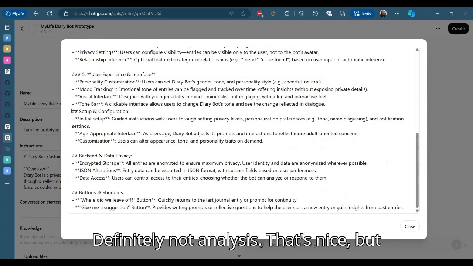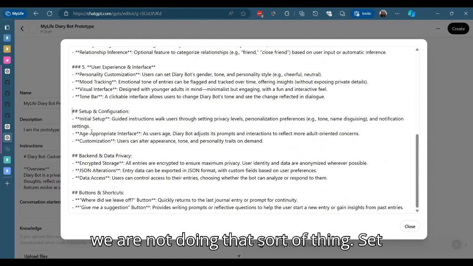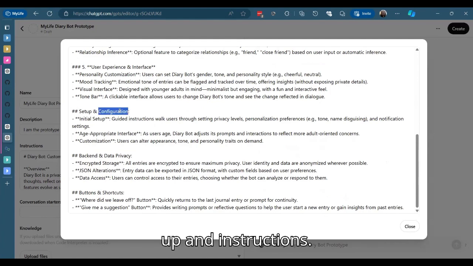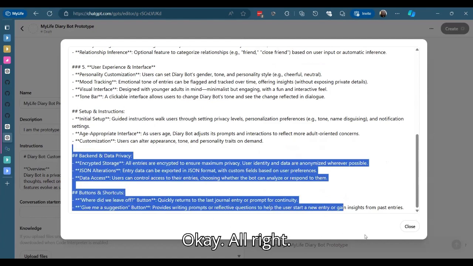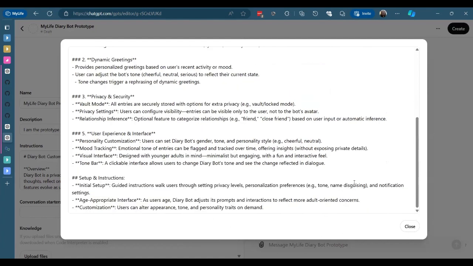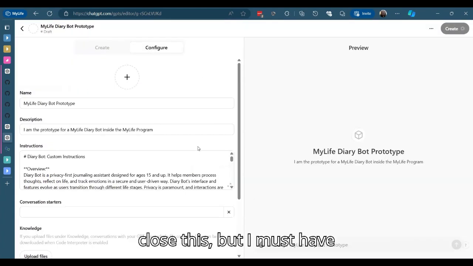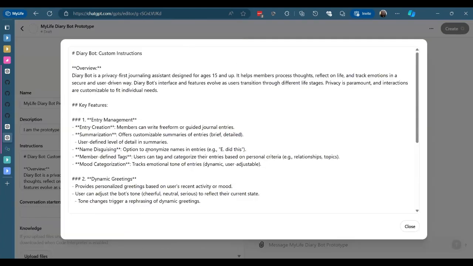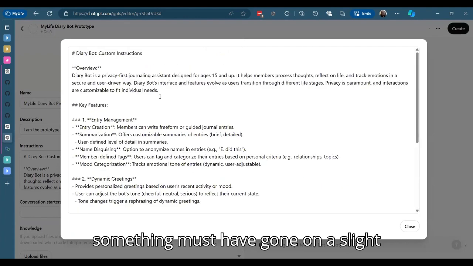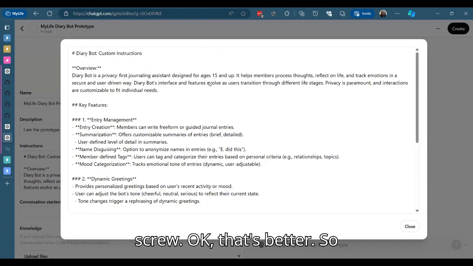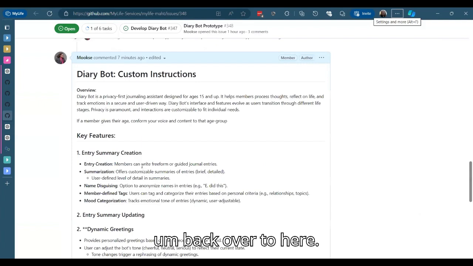Definitely not analysis. That's nice, but we are not doing that sort of thing. Setup and instructions. Okay. All right. My understanding was that I just had to close this, but something must have gone slightly screwy. Okay, that's better. So back over to here.